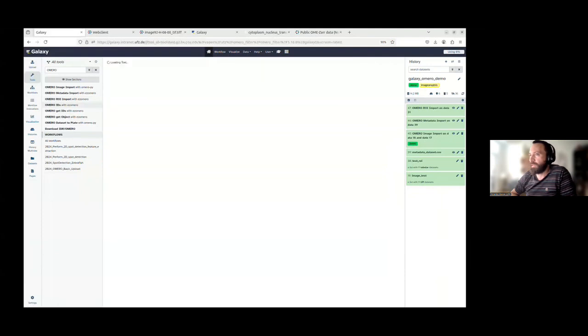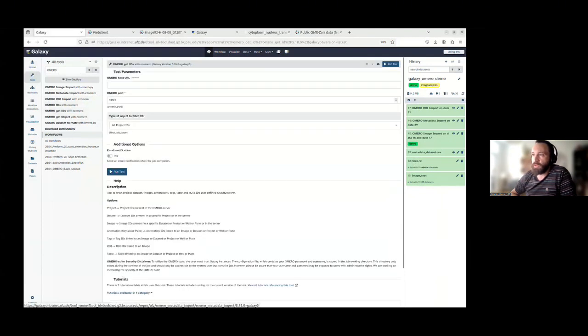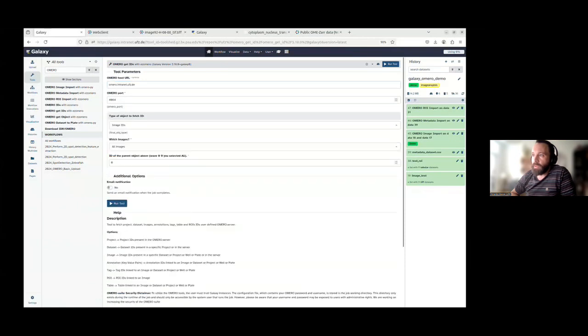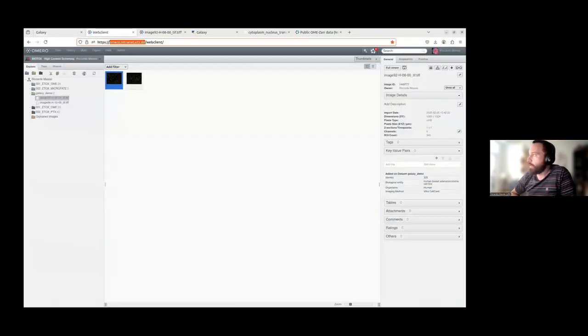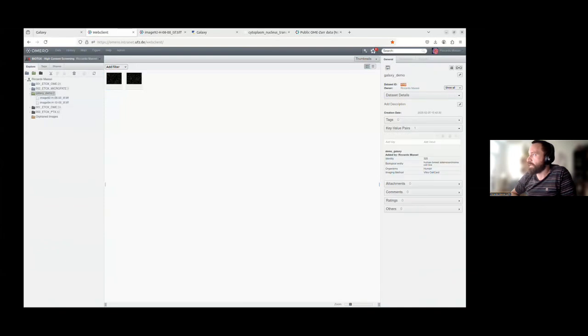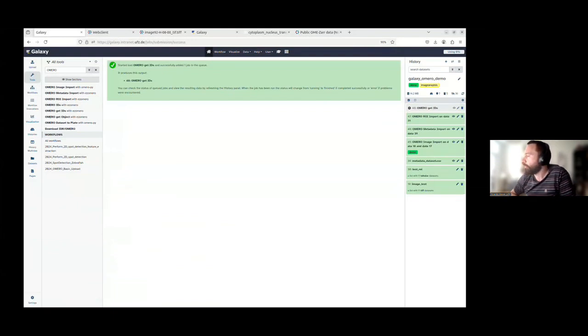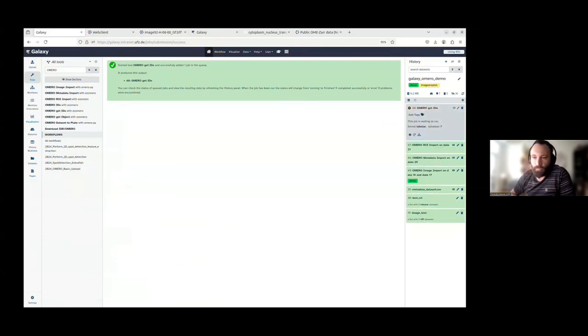I want to show you how to do some filtering. So if you have many images and you want to search with specific input, for example, I want to search all the images that are in a specific dataset. Again, I take the URL of the Omero and I do image ID, and I want to have all the IDs of the dataset 4169. And there are two images inside. I can run the tool, queued again. And then when it's starting, it should spit out the IDs of the images that are associated to this dataset. Starting.